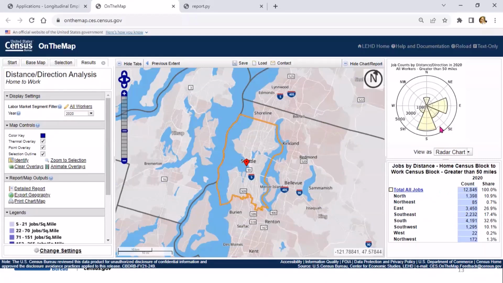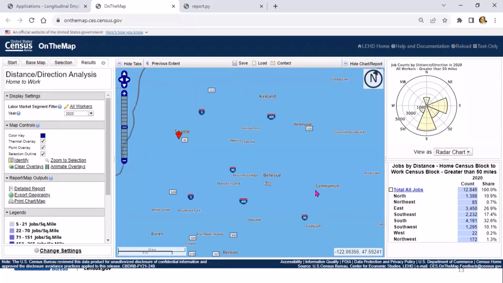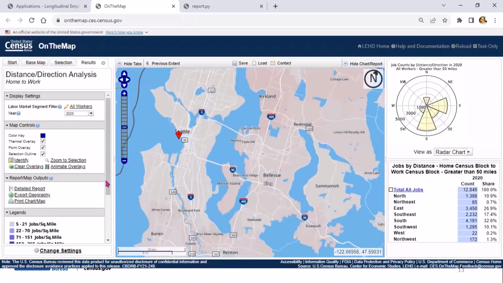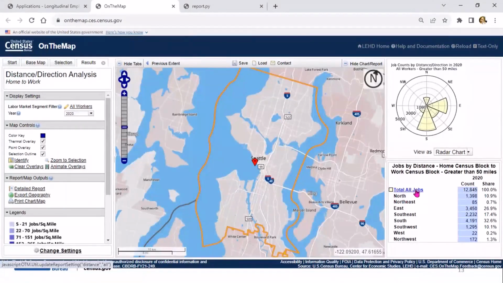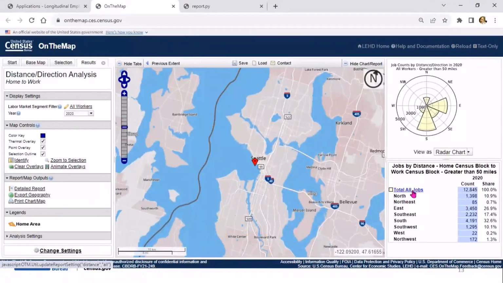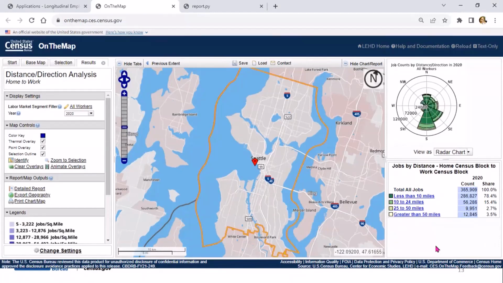A lot of them are coming from the south, and then the second location would be the east. So if you're familiar with Seattle, you would know that people are probably traveling from Tacoma or Redmond, Bellevue, whatever's here to the east. And you can see all of those different things. All right. And then to get back, you just close out that, and then it takes you back to the main page that we were looking at.